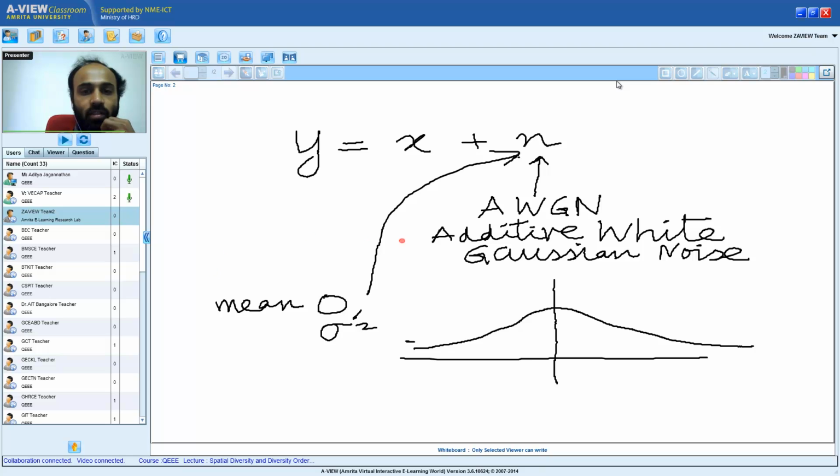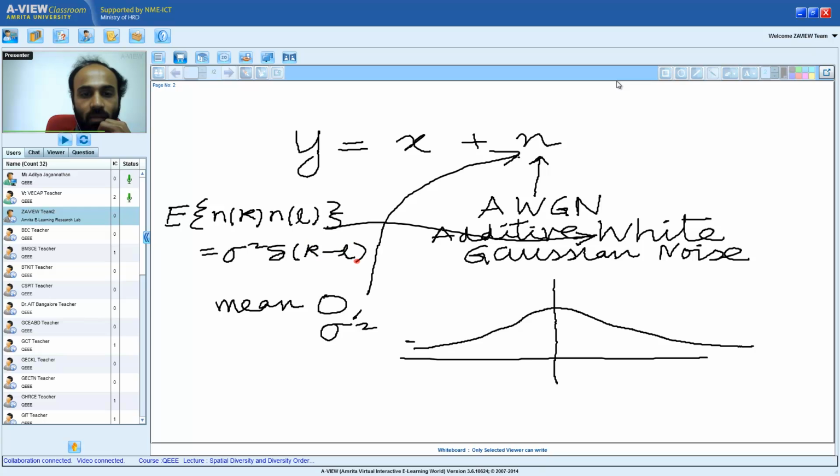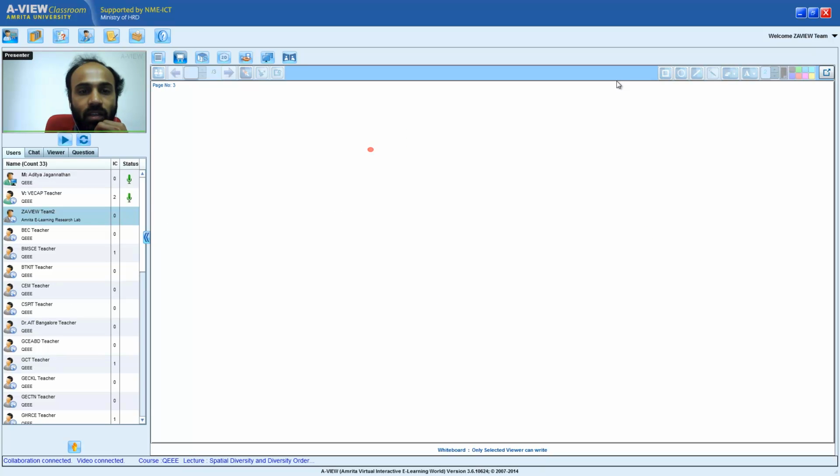What is the meaning of white noise? We also talked about this concept of white noise, right? An impulse noise. If I look at the autocorrelation, that is N_k into N_l, that is equal to sigma square delta(k minus l), which is an impulse at 0. Therefore if I look at the noise power spectral density,